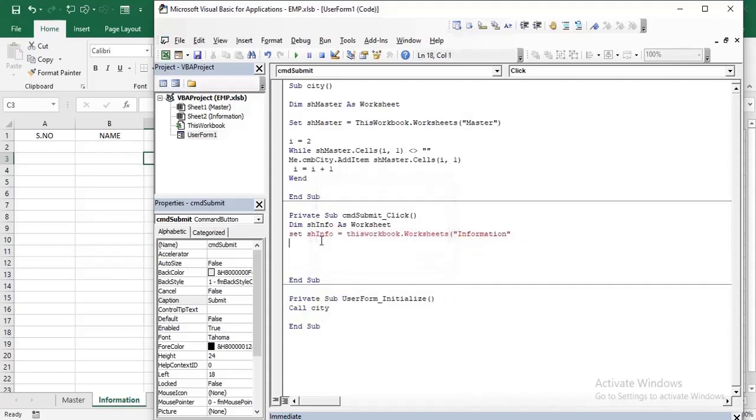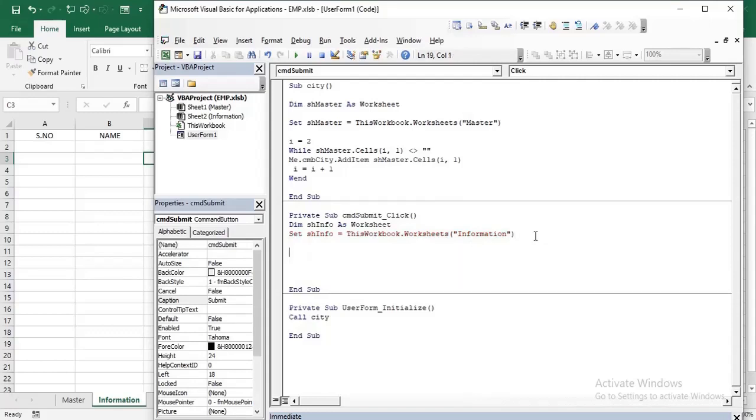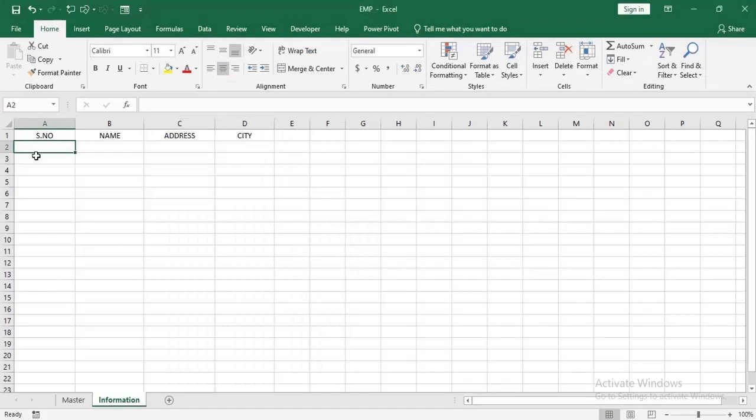Information, right? Now where I want to write the information the user enters, it should be in the first available blank cell.